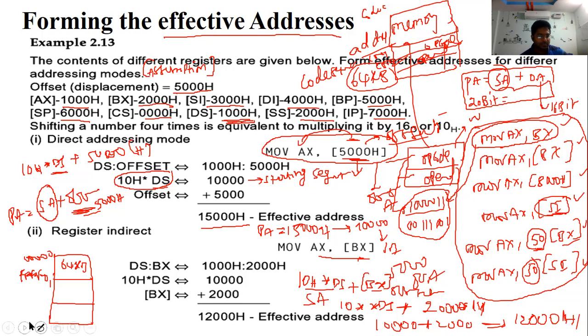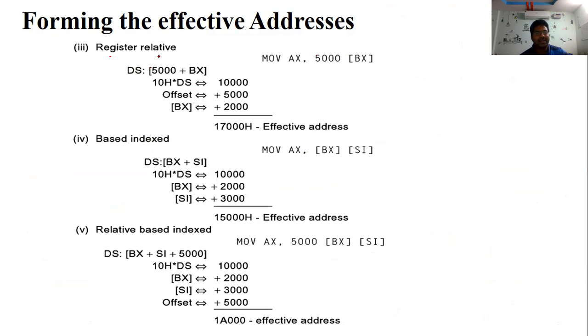The next one, register relative. Simply add the 5000H to this offset. This is also considered an offset, just an offset. So the formula is 10H into DS. Again DS, whenever you are using SI and DI, DS plus this 5000 offset value